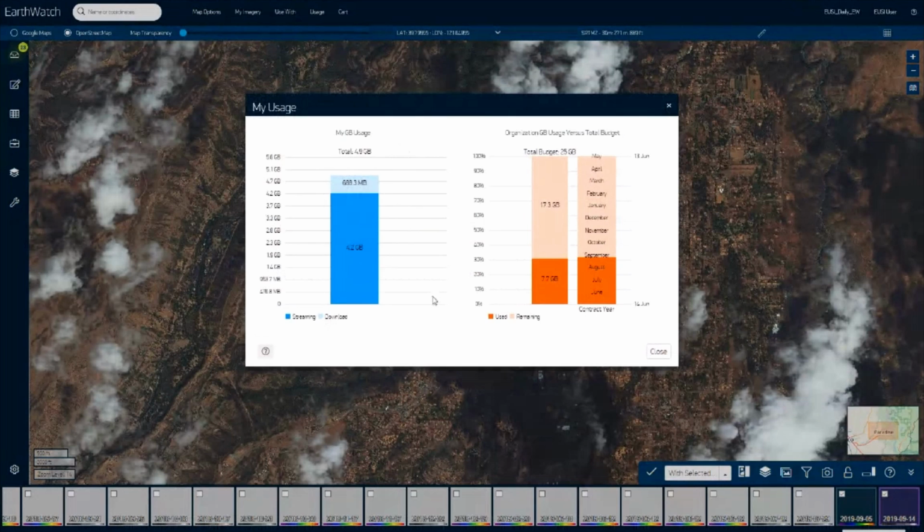So here we have a contract that began in June, 14 June. On the left side, we have a bar chart showing for the current user and the current layer how much we consume in streaming and in download. So here 4.2 gigabytes in streaming and 688 megabytes in download. So this is only for the daily layer, since we are on daily.